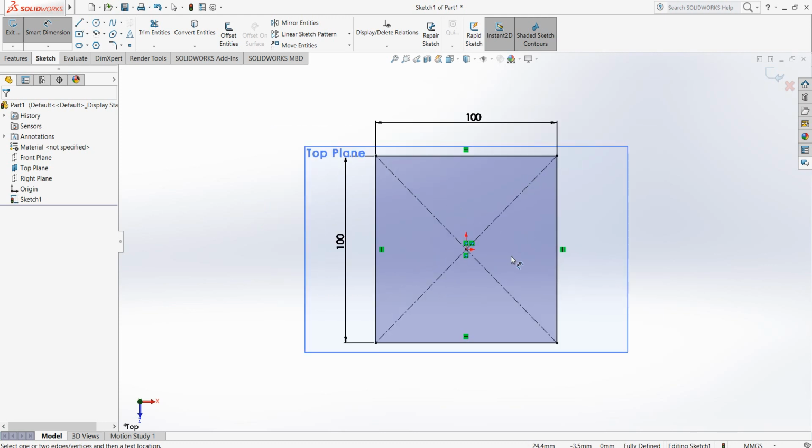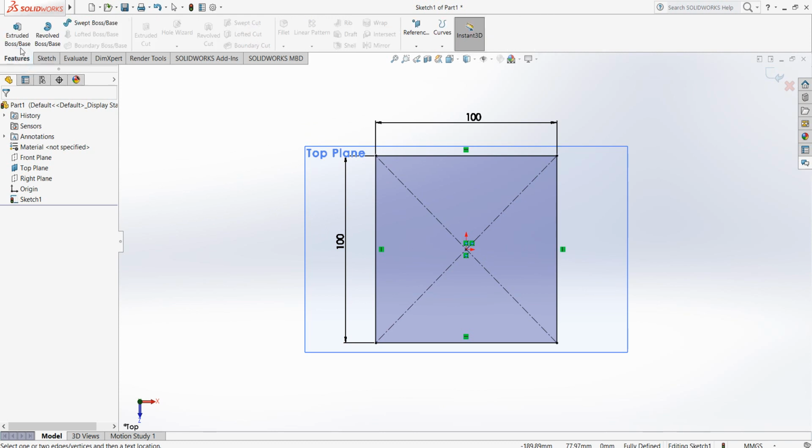Okay, now obviously this is 2D, so how do we turn that into a 3D model? Okay, so the basics of SolidWorks, we will go to our features and we've got options here, so we've got extruded boss base, revolved boss base, and swept boss base. Today we're just going to be looking at extruded and revolved, okay? So for the first one here, we will extrude. So we will click extrude,